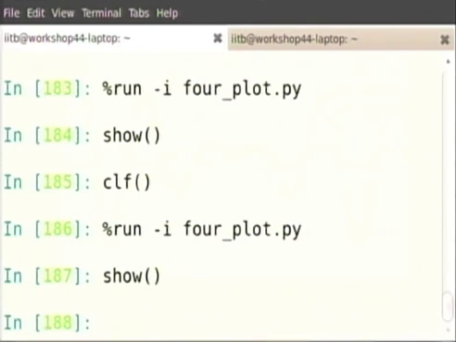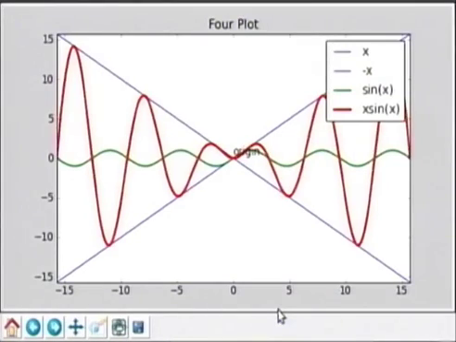So I have something called forplot.py where I have added some things to what I talked about. We want to plot these 4 functions, y equal to x, y equal to minus x, y equal to sin x and y equal to x sin x, and then trim the output to the x value y value limit so that it comes nicely framed like what we have got, and annotate the origin. This was the problem statement for which this script was produced,